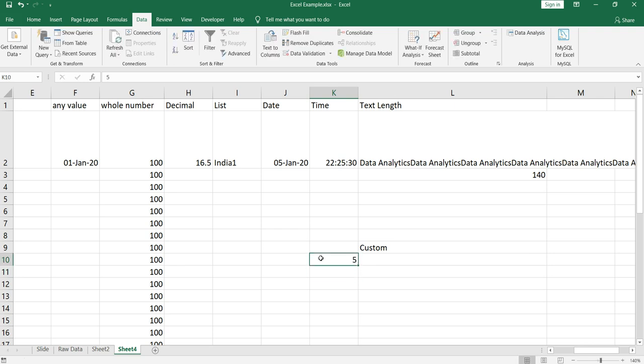What I want is any value, either text or number, which has length till 5. If the value within this cell L10 has length more than 5, then it should show me an error message.